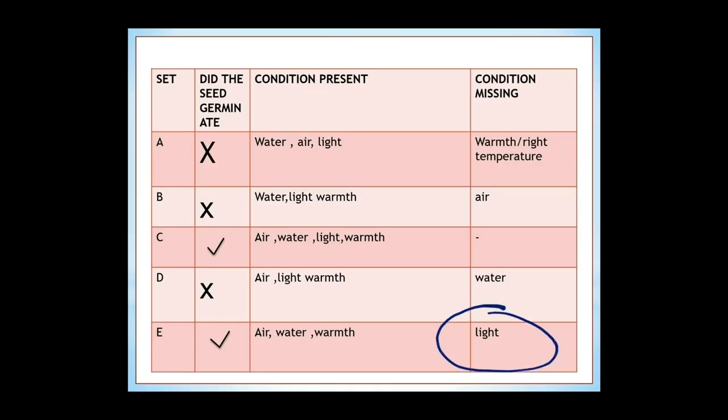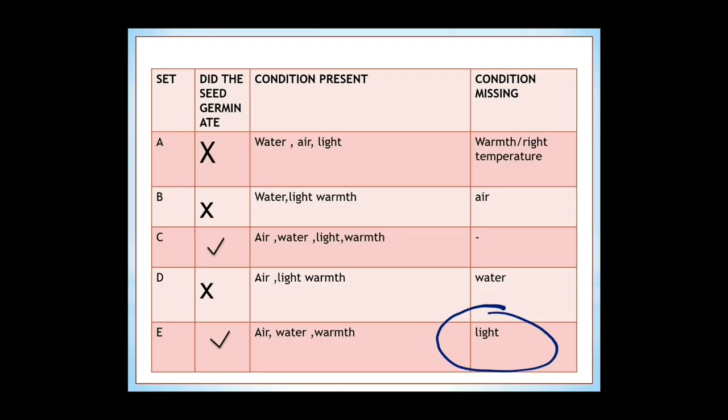Yes, true. Light is not a necessary factor for seeds to germinate. It can germinate in dark as well, because light is only to give warmth for germination. So light is not necessary for germination. If you want to confirm what I said, you can design an experiment by yourself. You can keep few seeds on a moist cotton and keep it in a dark place and see that the seeds will germinate. So by this you can understand that light is not a necessary factor for germination of seed.